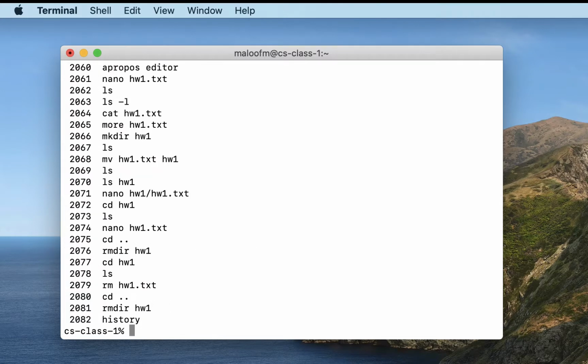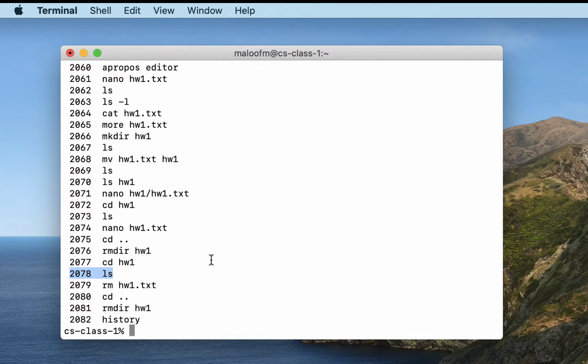Another useful command is history. I mistakenly typed that. The history gives you all of the commands that you've typed. One thing that you can do is search backwards in your history and execute a command. So for example, what if I want to execute, now this is a short command. It's not going to kill me to type ls again, but just to illustrate,